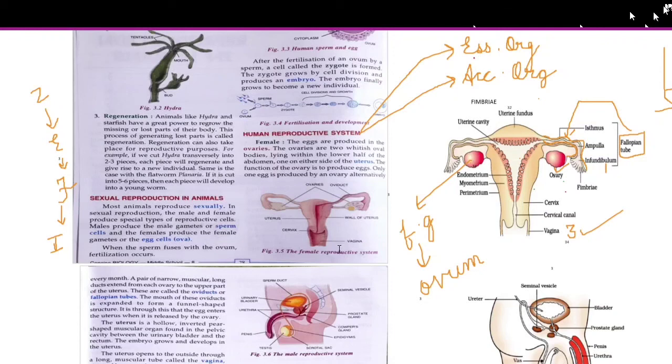I hope you all are understanding what I am saying. And what is the location? If I ask you what is the location of the vagina, children, then what will you say? The vagina is located between the rectum and urethra. I hope that is clear, children. The vagina is present in between the rectum and urethra. And not only that, children, the vaginal opening can be clearly seen. It is below the urethral opening actually, in the region of the vulva.